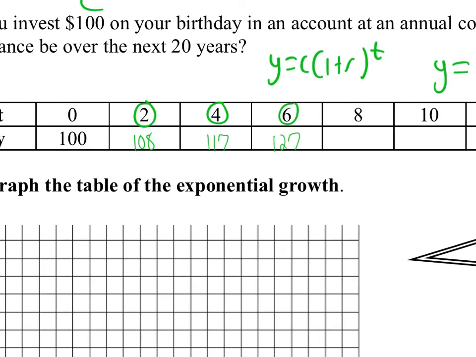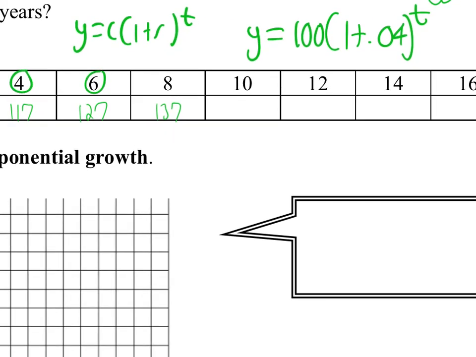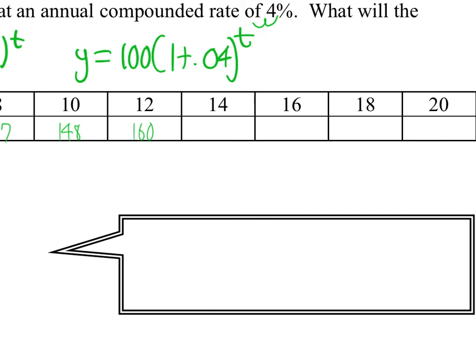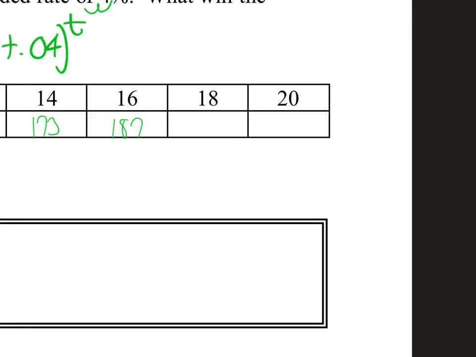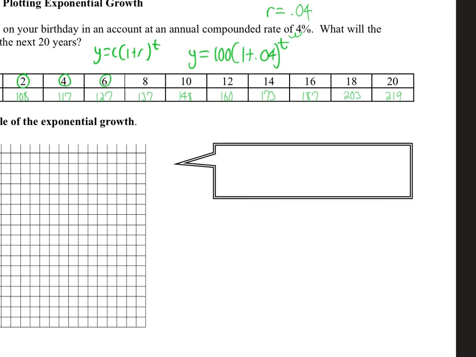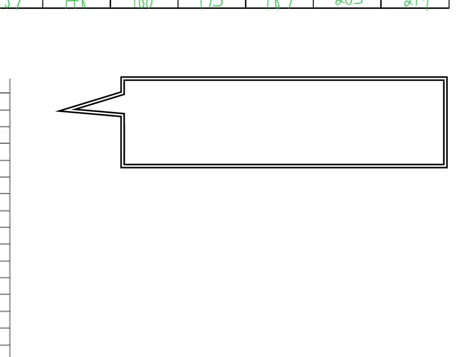127, 137, 10 was 148, 12 was 160, 14 was 173, 16 was 187, 18 was 203, and 20 was 219. Okay, we're not actually going to graph it because I don't think the graph is going to be super useful, but what I want you to fill in the box here is